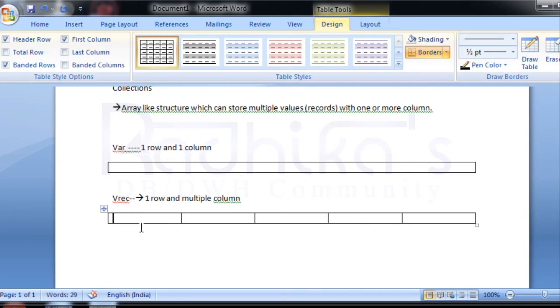You can consider this complete thing as a vrec variable, that is a record type, and it has one row and multiple columns. This is one column, this is one column, this is one column. So one row and multiple columns. This is what a record variable is. I guess you are understanding.